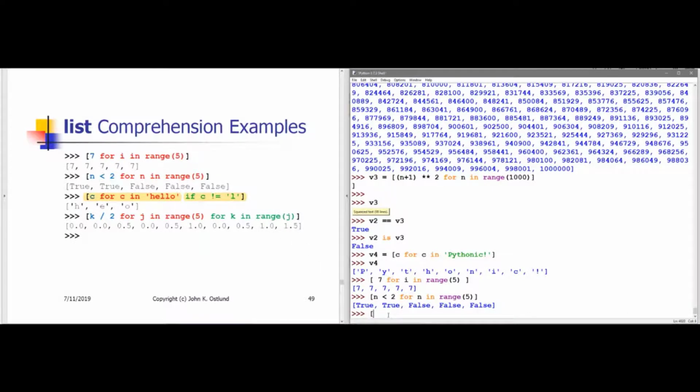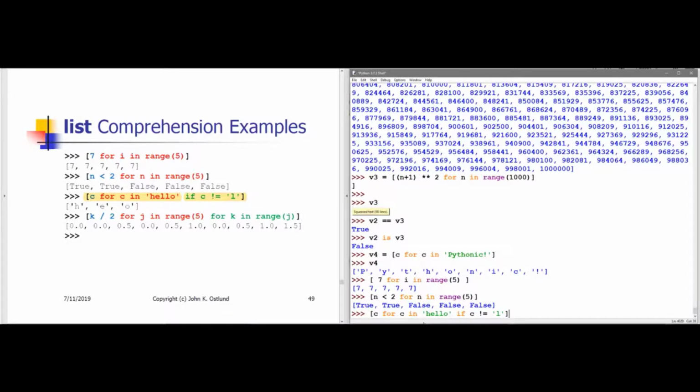So we're going to get the value of a character that is a 1-character wide string for c in the string hello, but only if the value of the current 1-character wide string is not a lowercase l. All right, so I have 5 1-character wide strings in hello, H-E-L-L-O,